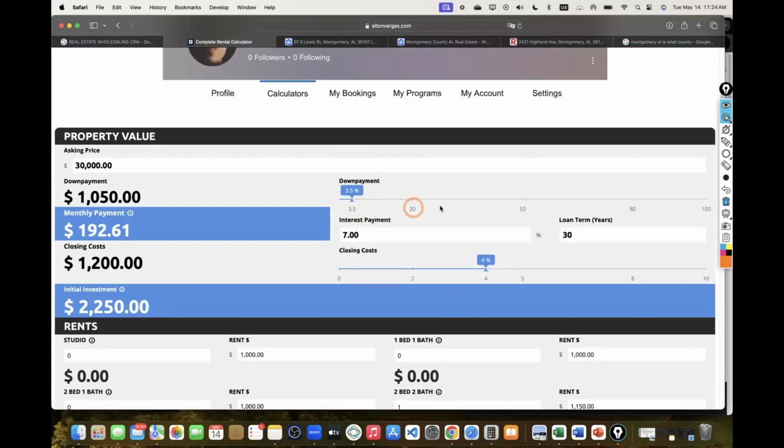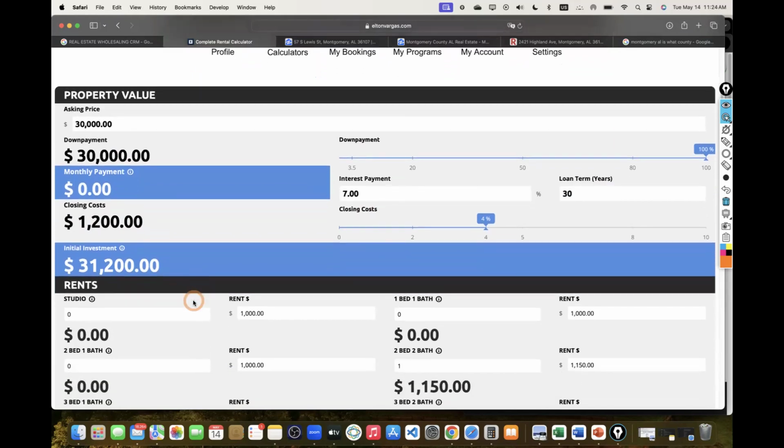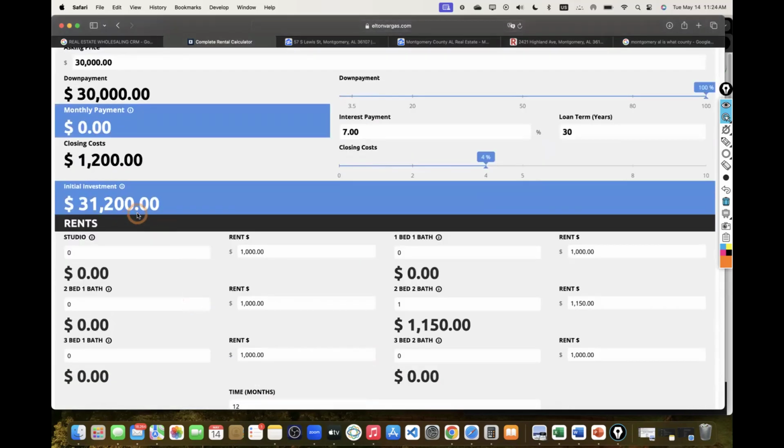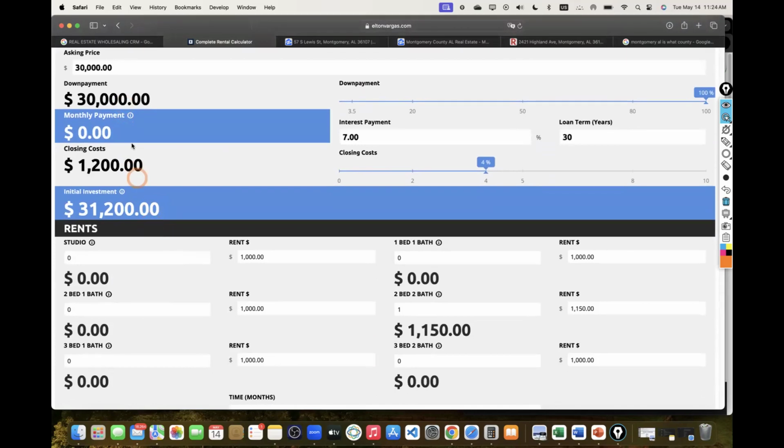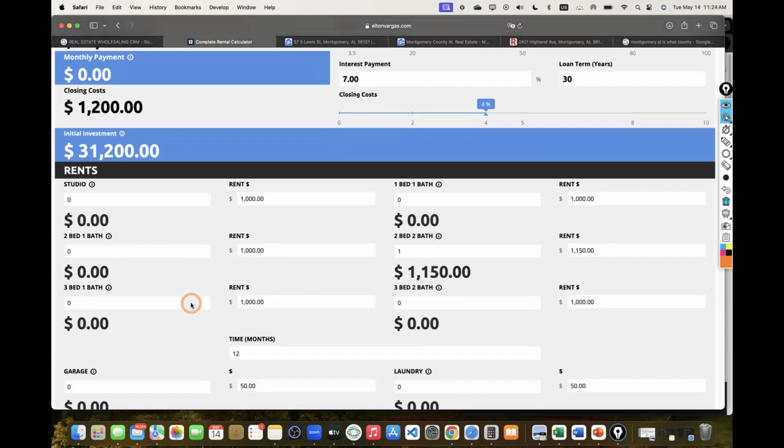Now, if you're an investor who has the money up front, like, you know what, I have the $40,000 available right now. I don't have to worry about any payments at all, whatsoever. The only thing you have to worry about is closing costs. Closing costs are going to be right there off the bat for you. Again, the lower you get the property under contract for, the better it will be.